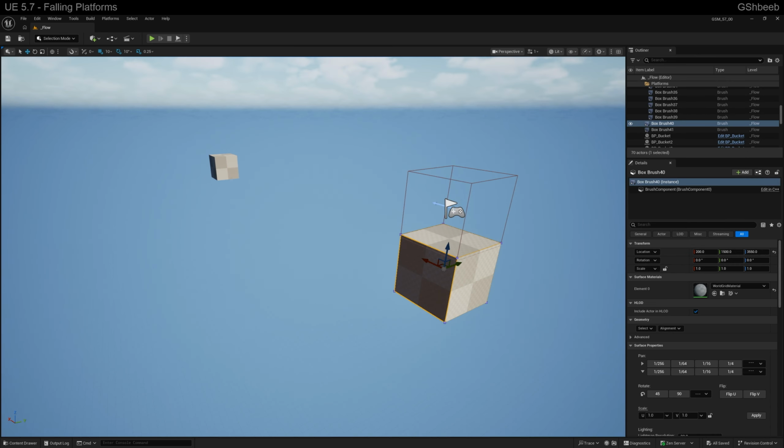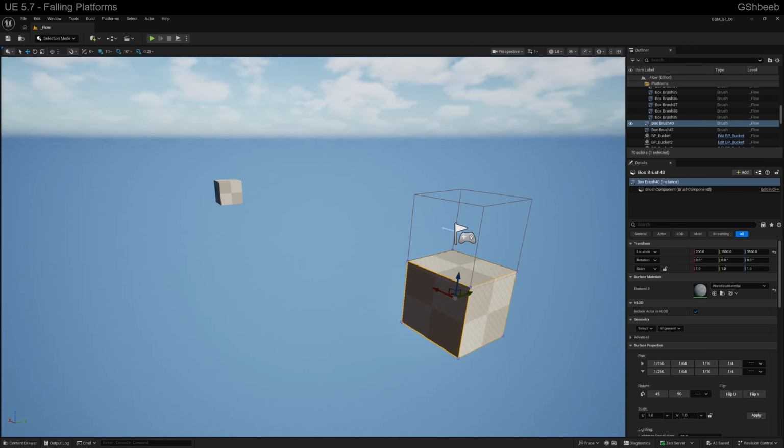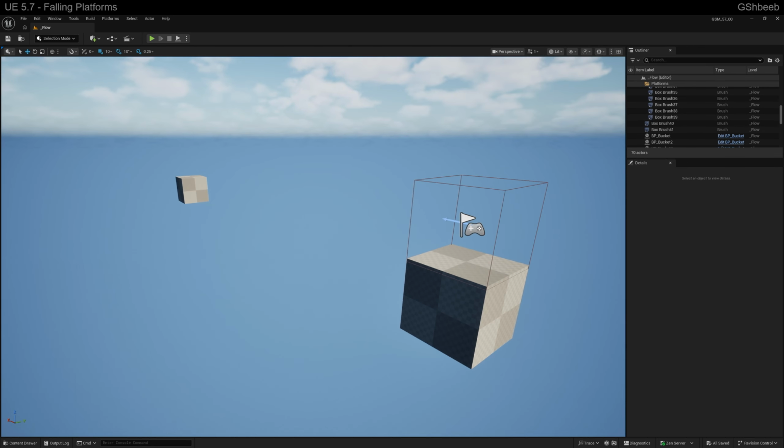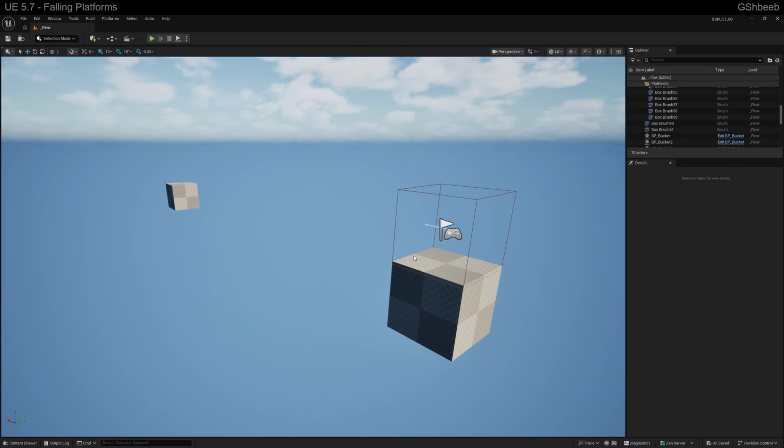Welcome back, everybody. We're going to take a look at falling platforms today. Specifically, we're going to extend the kinematic base. If you haven't watched that video before, please go back and check that out so you can get an idea